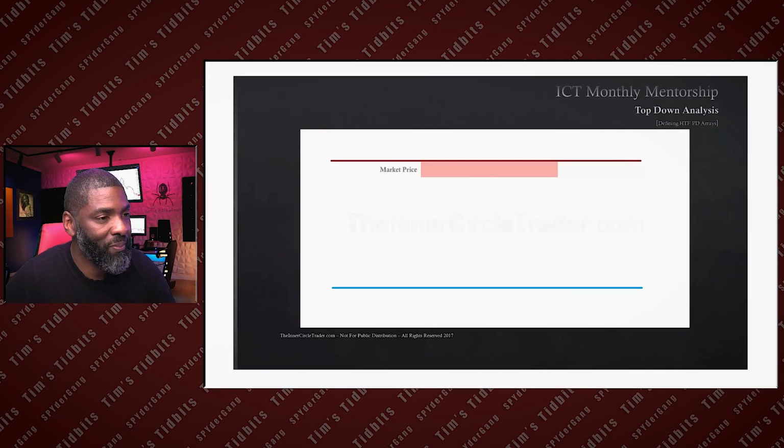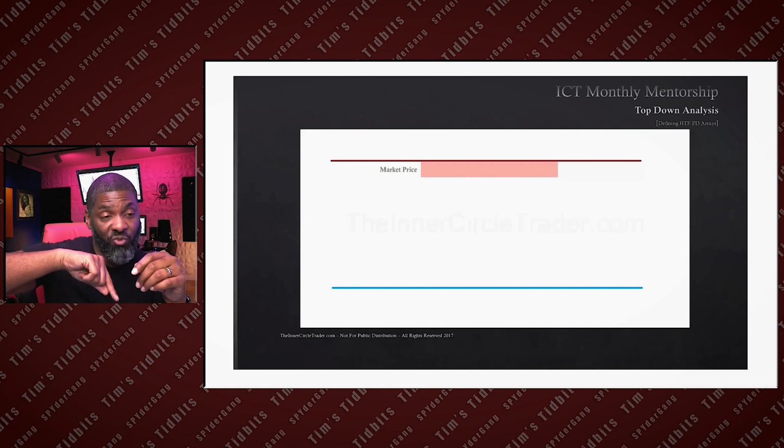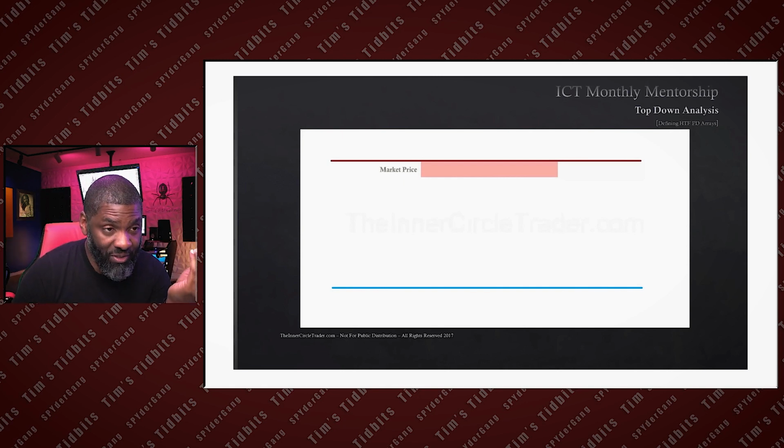This is important to always know. Price will always seek balance and liquidity. As it's seeking balance and liquidity, it will just chop up and down. Price will just range. When price is in a premium, it will seek to move to a discount. When price is in a discount, it will seek to move to a premium. So what do you do? You analyze the price and you see, hey, we're in a premium. I anticipate price to want to seek out a discount.